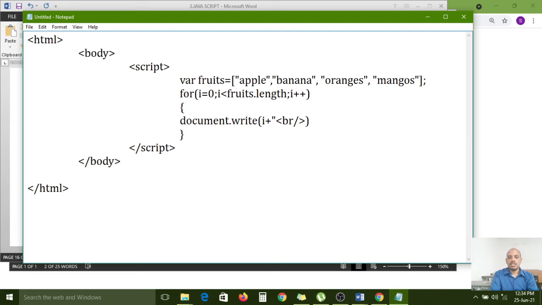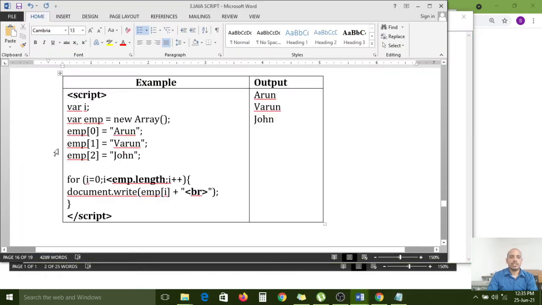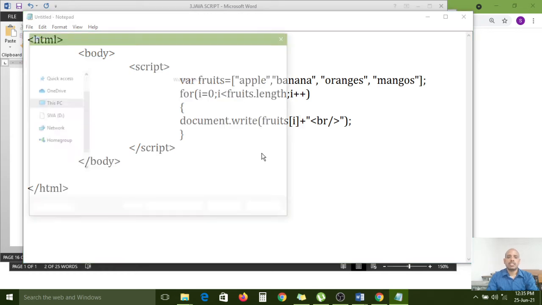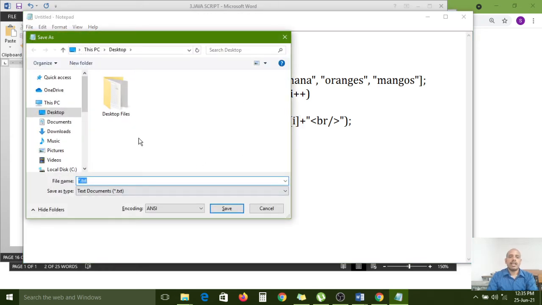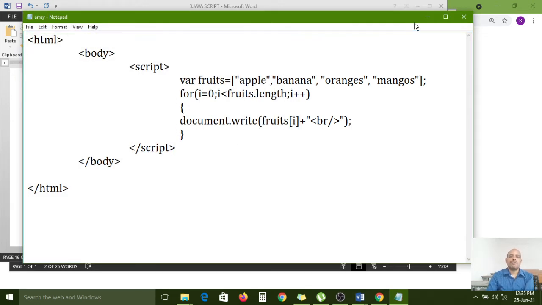It will break the line. Inside the fruits array, you need to pass the I value, so the I value can access the index values. Now save as array dot html, with type all files.